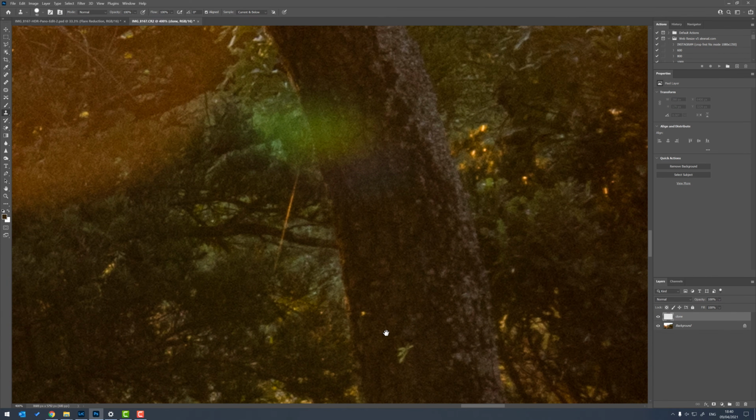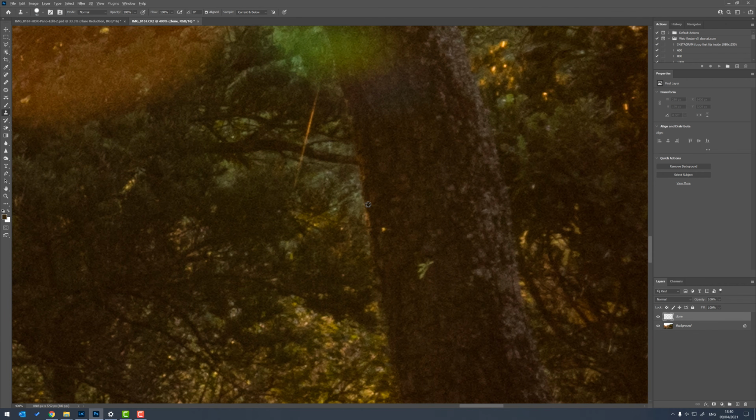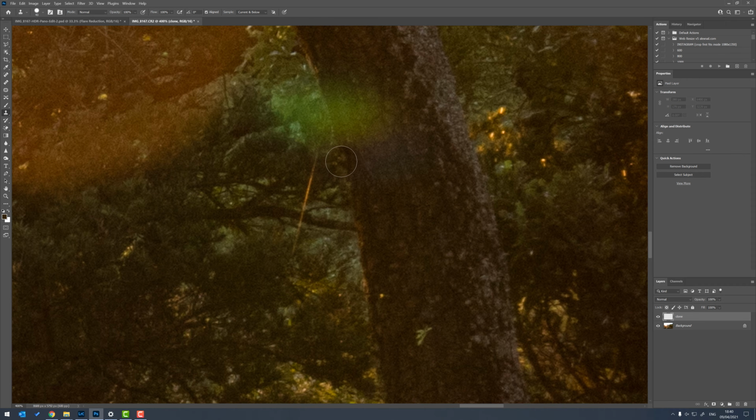The second thing to remember is that you're trying to match patterns, and so you need to kind of break the flare up into different zones. For example, we'll treat this trunk separately to how we treat the foliage and so on. So if you alt click somewhere on the tree, then you can sample an area that looks like it might fit in. I actually don't want to select this area next to this bright bit of foliage because you can see we're trying to find trunk running into dark foliage. So let's select here,